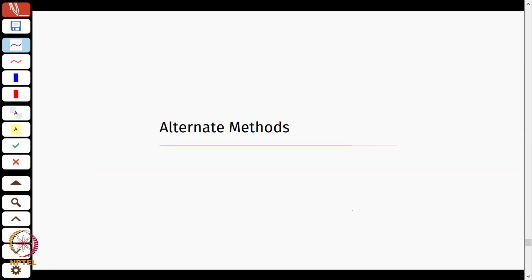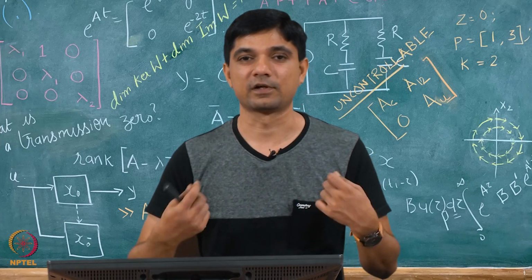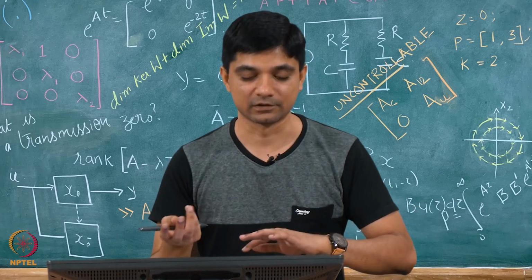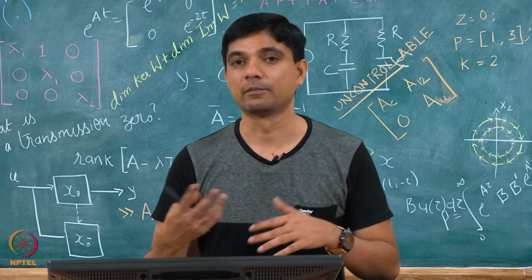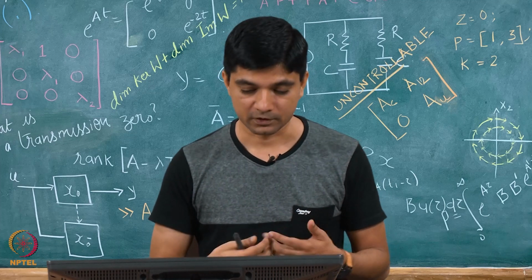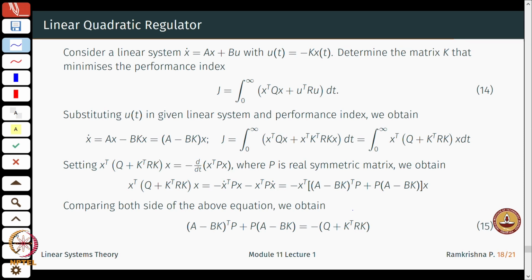Much of the textbooks will first start with the infinite horizon problem, so I just do a little reverse. What I did so far is also called the dynamic programming approach. If you look at Ogata, he has a different method, which I will shortly describe in the following way. Consider a linear system, x dot is Ax plus Bu, with some input that we need to design, in such a way that the matrix K minimizes this cost function or performance index.